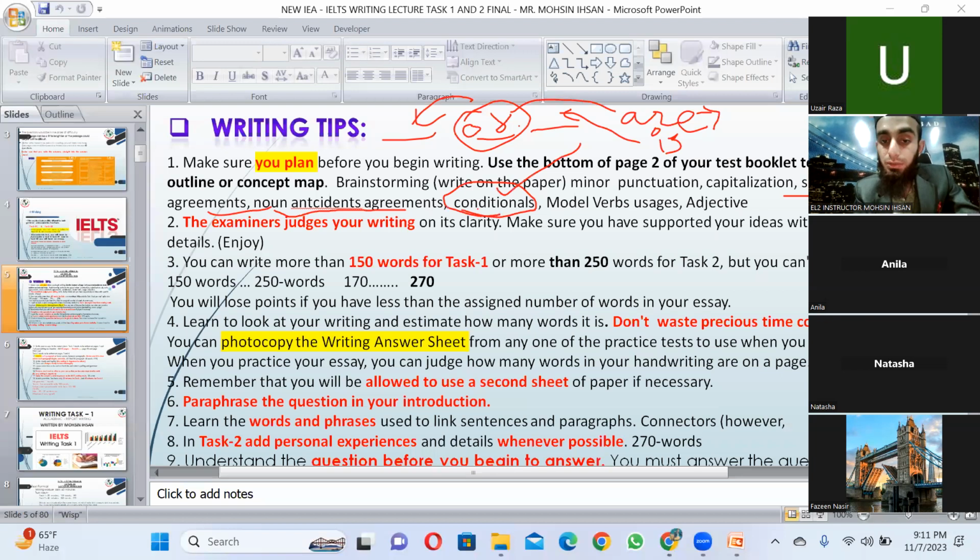Conditional sentences means those which show condition and start from if or when. Now you must be having some information regarding that. Modal verb usage,